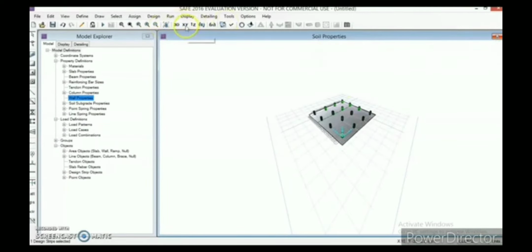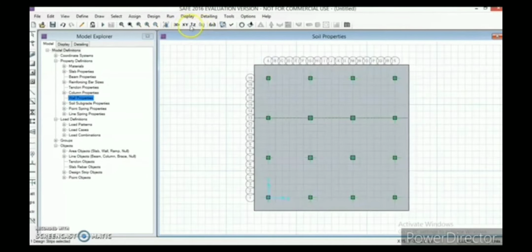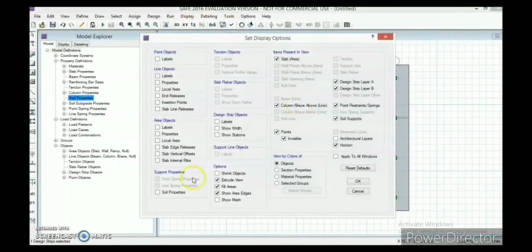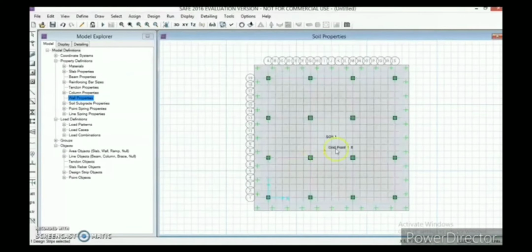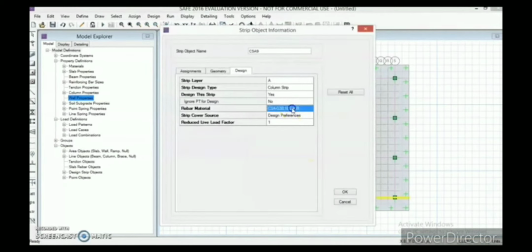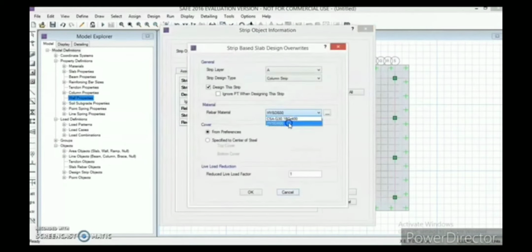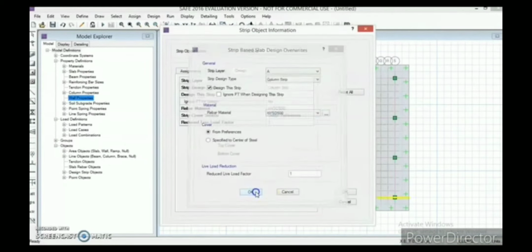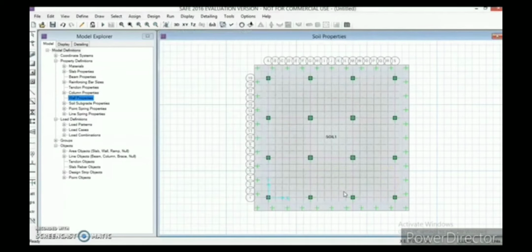Okay, now go to XY plane, and I'm deselecting the extrude view as well, and click on OK. So now we need to assign the steel properties to our design strips. In this way, assign to every design strip.